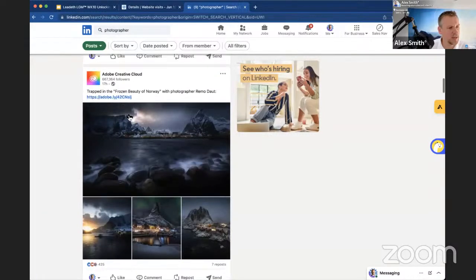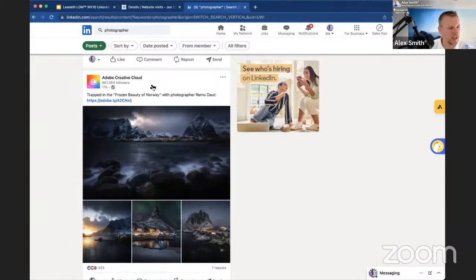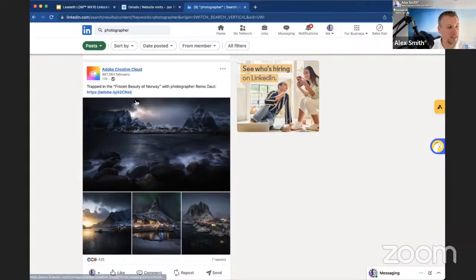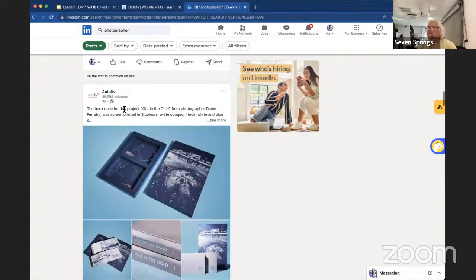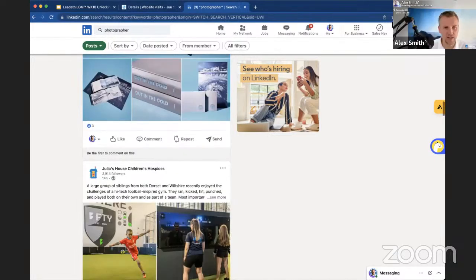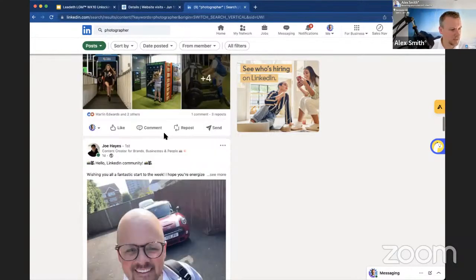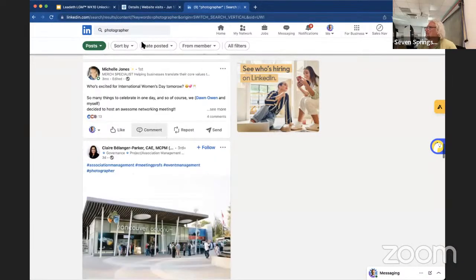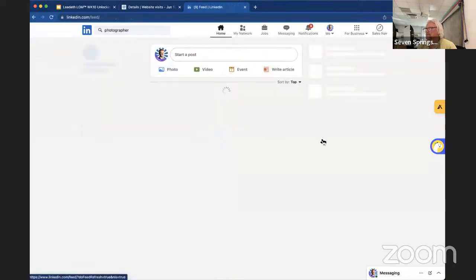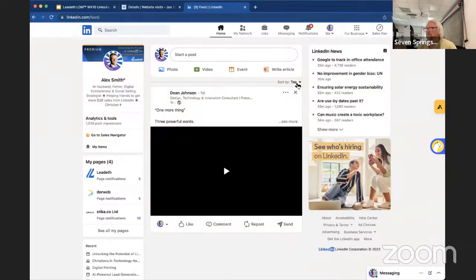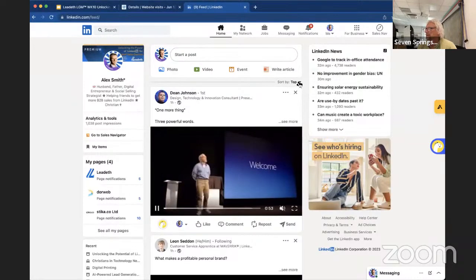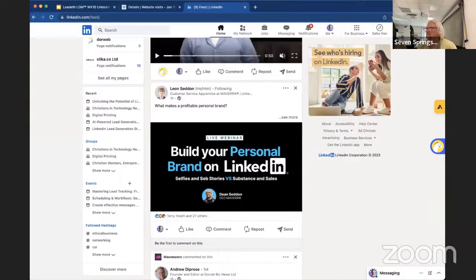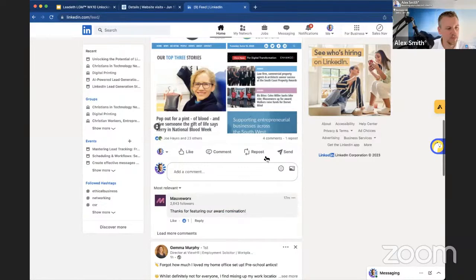It's hard to say. I think the Adobe post here is just a genuine post by Adobe, because I follow Adobe. That's why it's coming up. I don't think there's any reason for that to be an ad as such. Ads. Where are these ads? Yeah, where are they? It's a nice platform. I'm wondering if it's because I haven't been targeted or you haven't been targeted. It depends on who you are and if you're being targeted. Yeah, I guess, and it's also probably about the settings. You might have it so ads are switched off potentially.